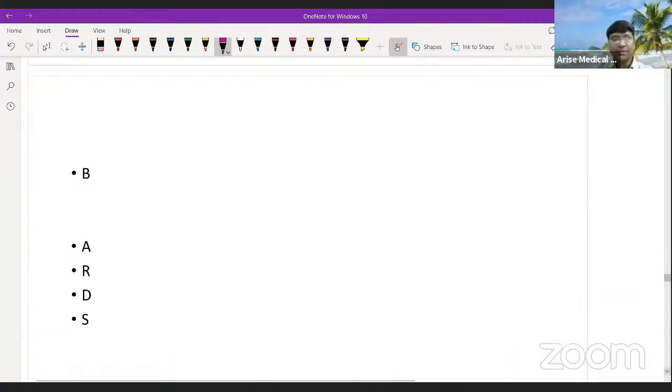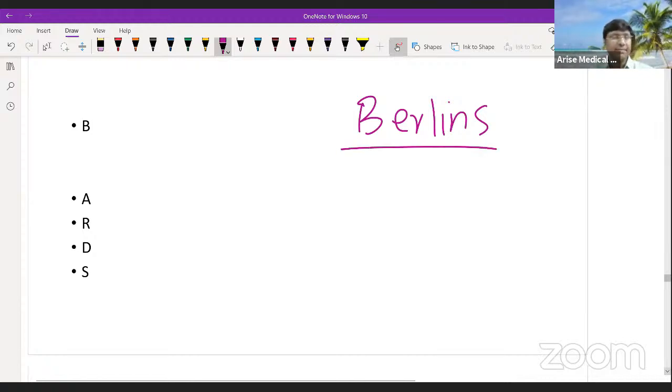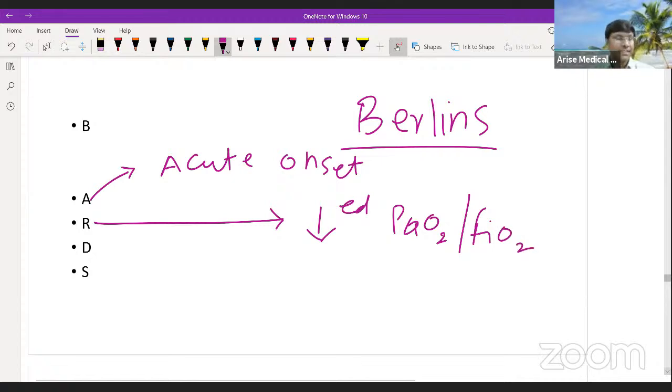And for ARDS, you should know the criteria. The name of the criteria for ARDS is Berlin's criteria. The letter A stands for acute in onset. The letter R is reduced PaO2 by FiO2. That is R. D stands for